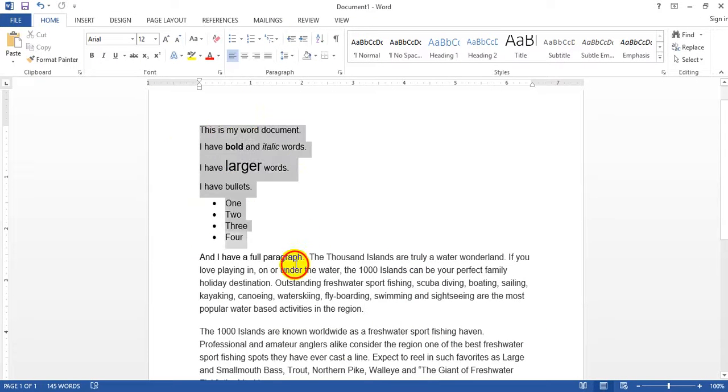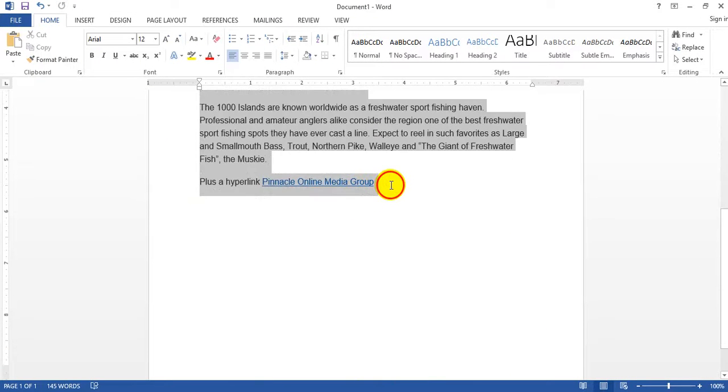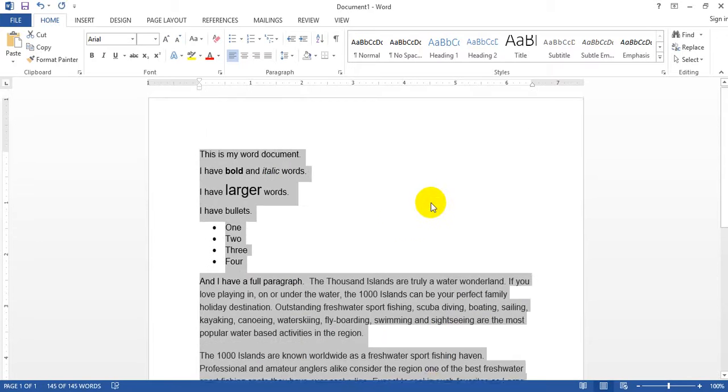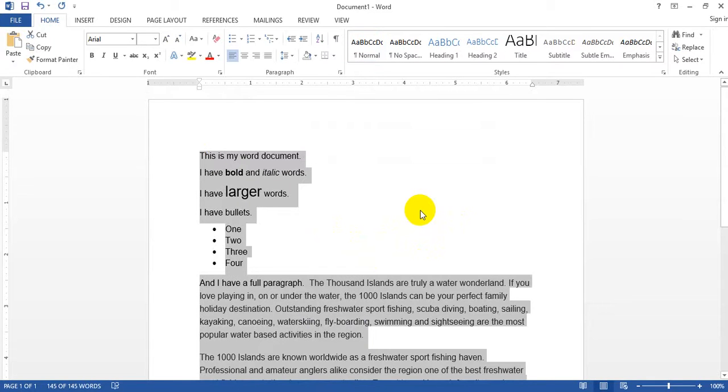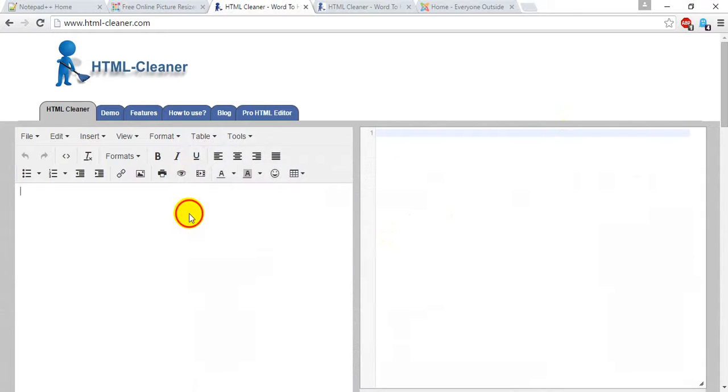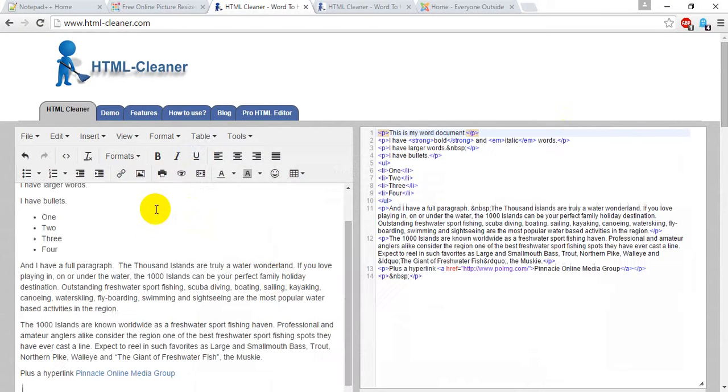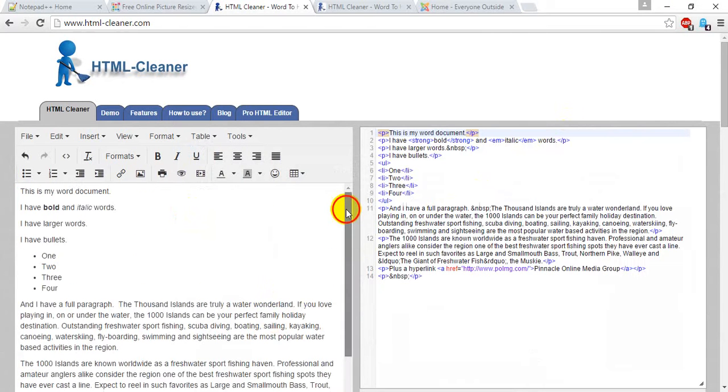and I can either scroll down, or I can use a couple of control characters. So Control A selects everything in my document, Control C is my copy, minimize my Word document, and Control V, and I've pasted my information from my Word document into my HTML Cleaner, and I now have my HTML code. I can copy